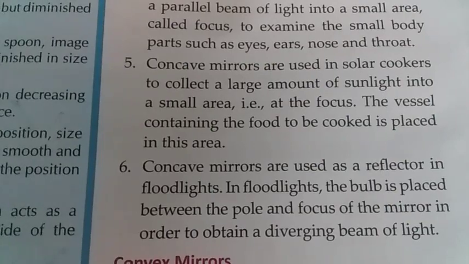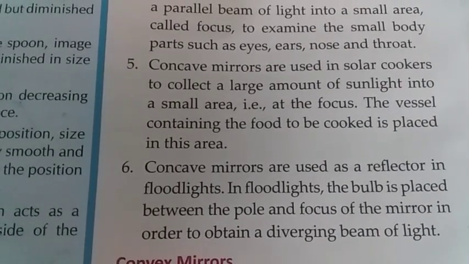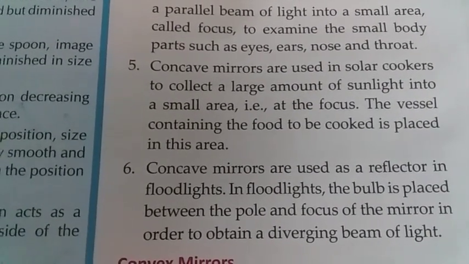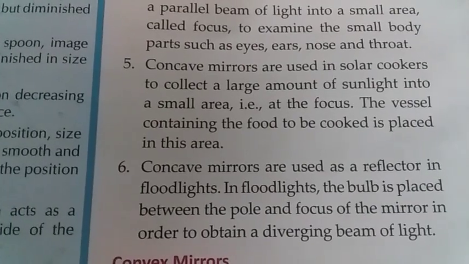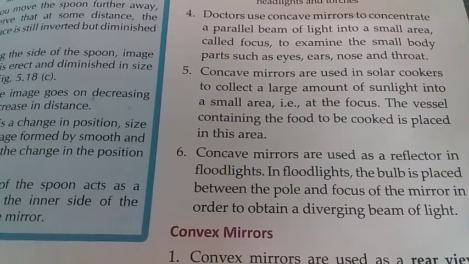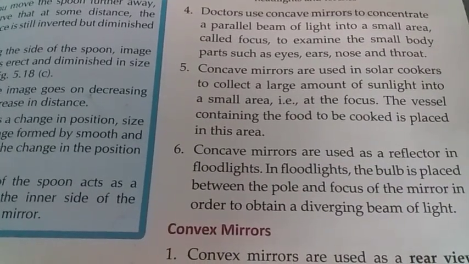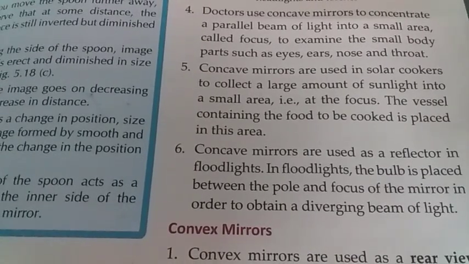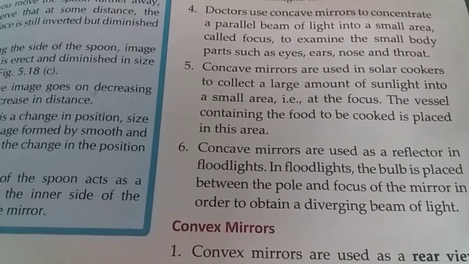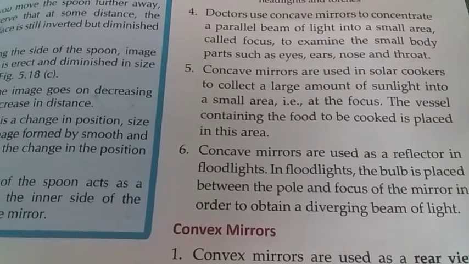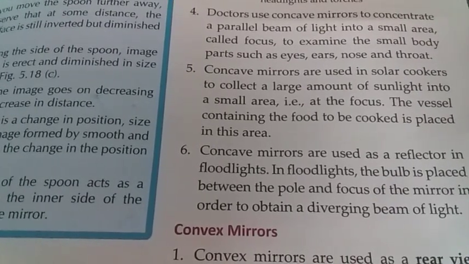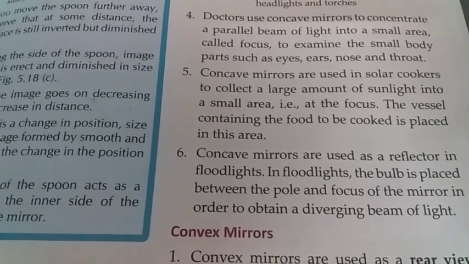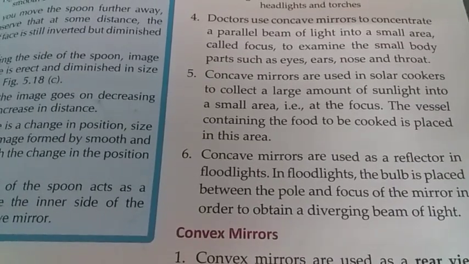In floodlights, the bulb is placed between the pole and the focus of the mirror in order to obtain a diverging beam of light. Now, as we know that concave mirrors are converging mirrors, the light rays are converged at a point after reflection, that is the focus. So, to collect a large amount of sunlight into a small area, these mirrors are used in solar cookers, and